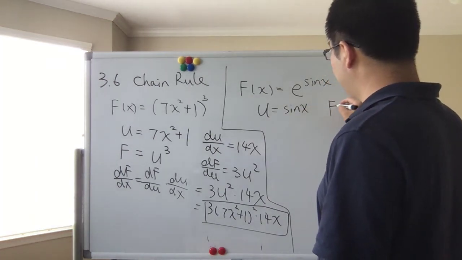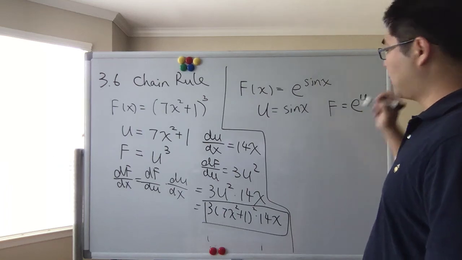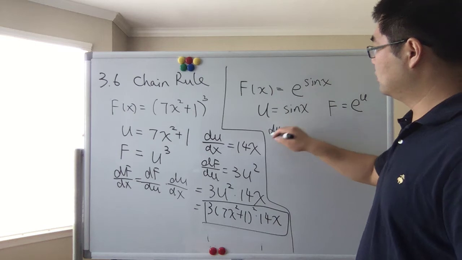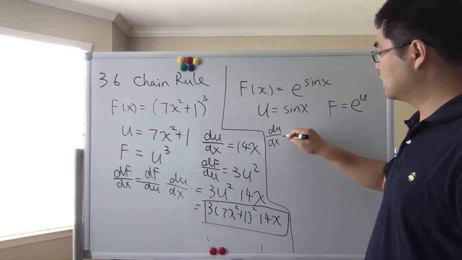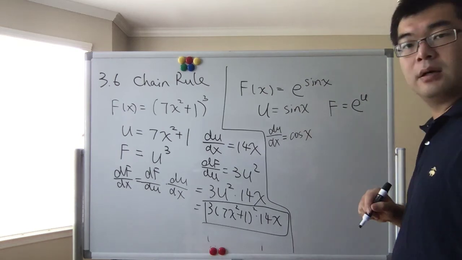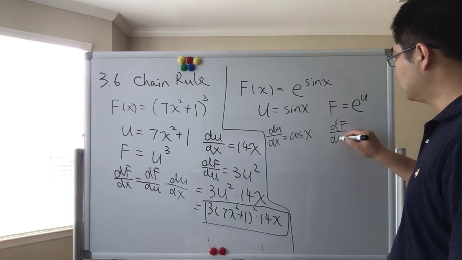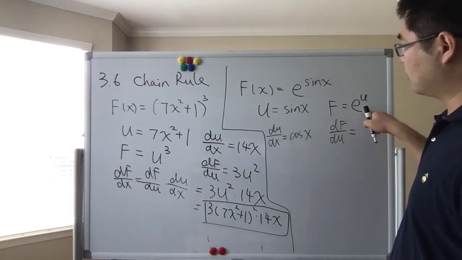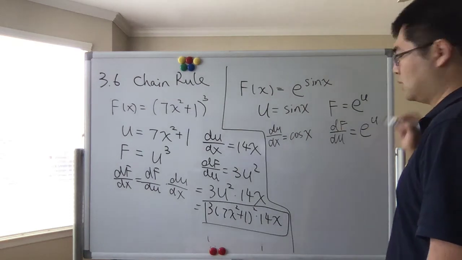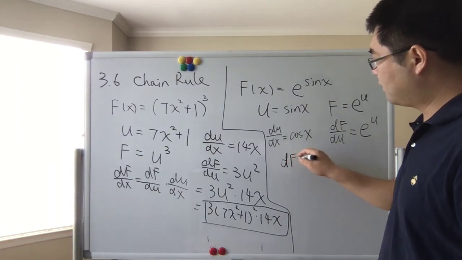Then capital F equals e to the power of u. And again, du dx equals cosine of x. And df du, the derivative of this with respect to u, we know is e to the power of u. Hence, df dx